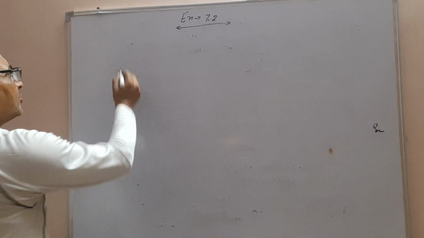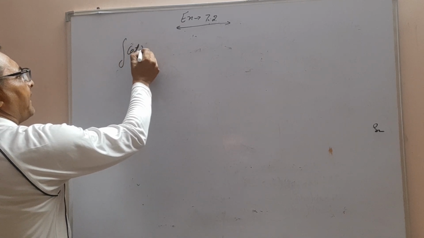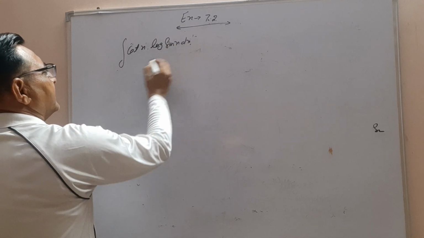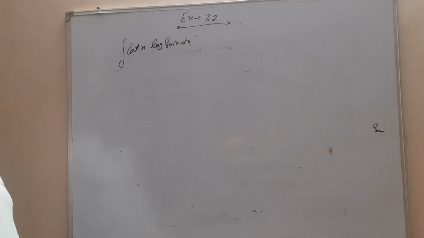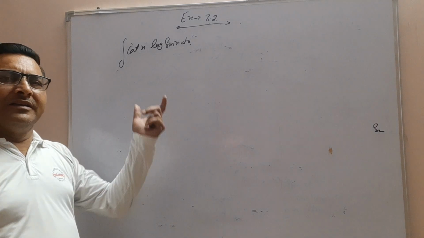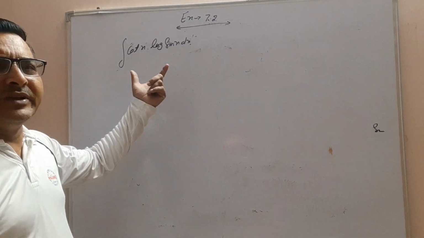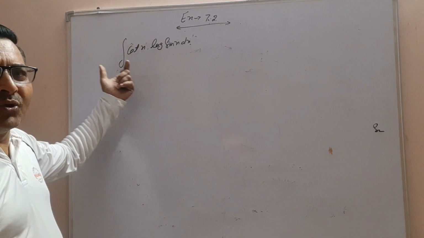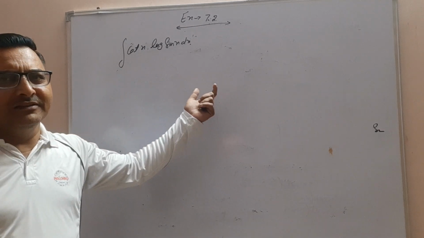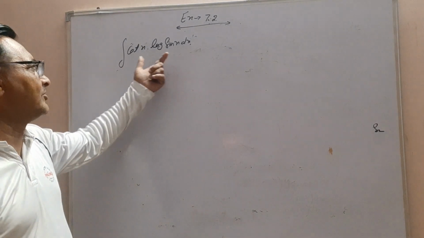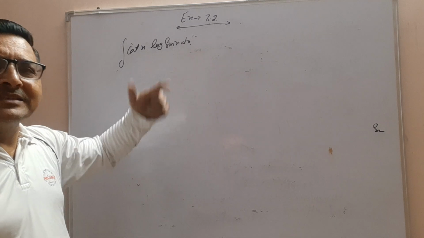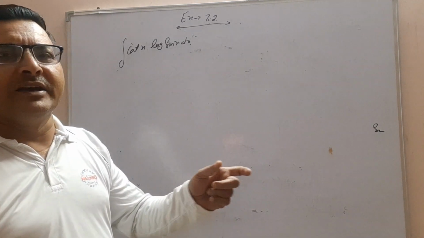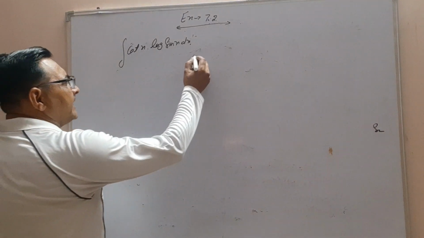Now, cot x into log sin x. Cot x into log of sin x. Yes, this question is very interesting. Which function can we put as the third variable t? If we put cot x equal to t, you can't get the derivative of log sin x. Always keep in mind, the function which has the log, you can put as t. The log of sin x